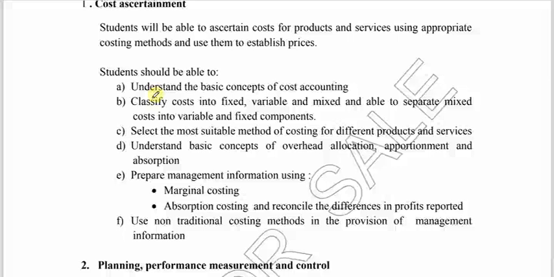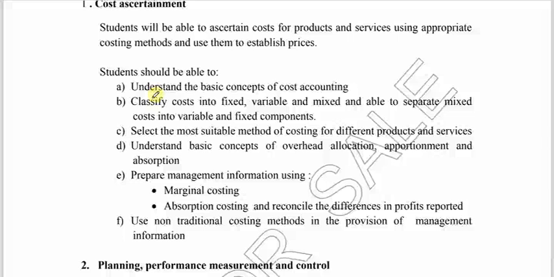Then understand basic concepts of overhead allocation, apportionment, and absorption. Then prepare management information using marginal costing and absorption costing, and reconcile the differences in profit reported. And lastly, use non-traditional costing methods in the provision of information. So this is to do with cost establishment or cost ascertainment, and it is covered in the first 8 chapters